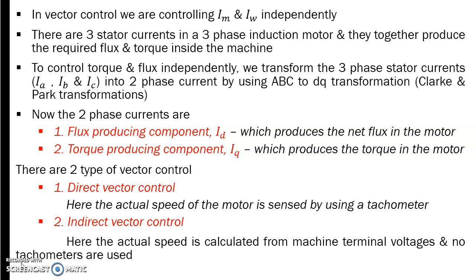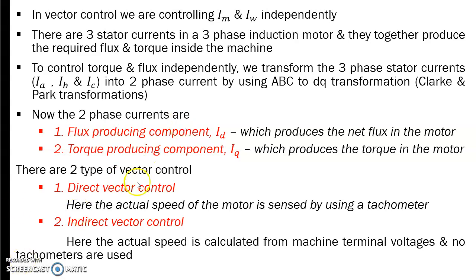So the last two lectures we were discussing vector control, or field oriented control, of induction motor. In that we discussed the importance of coordinate transformation, ABC to alpha beta to DQ, and finally you get ID and IQ. ID is the flux producing component and IQ is the torque producing component, the direct axis and quadrature axis components of current. By using this ID and IQ, we can have a control structure, that is vector control.